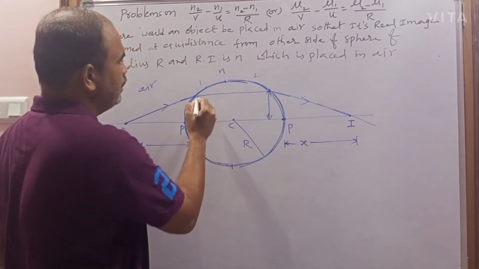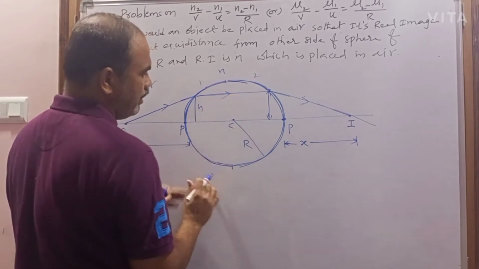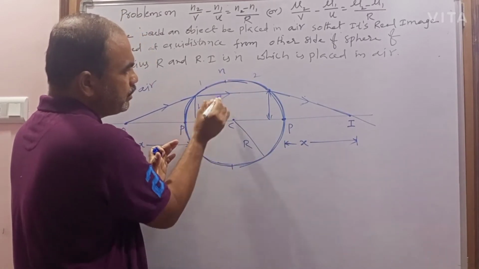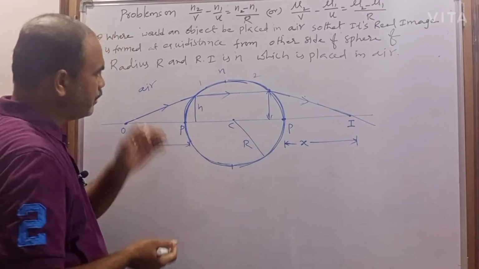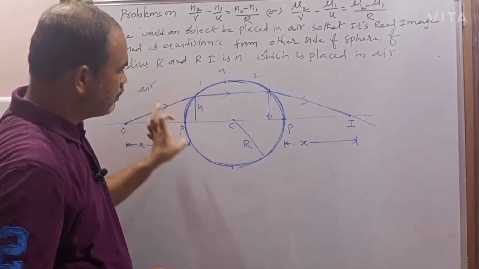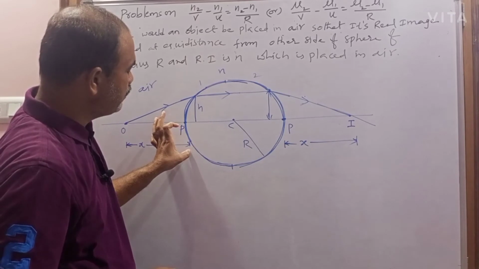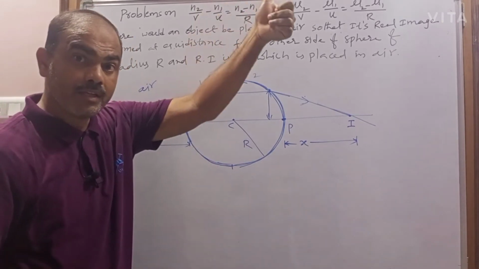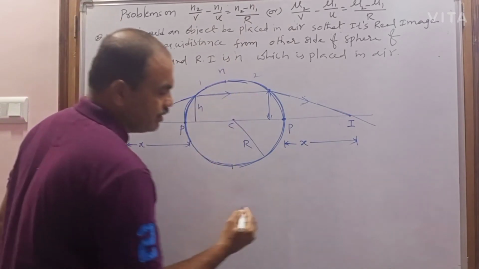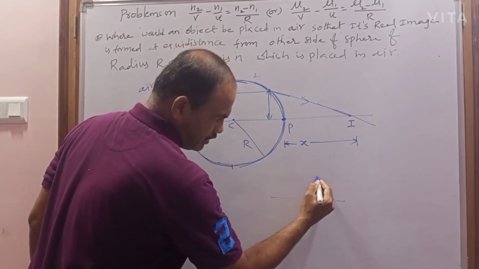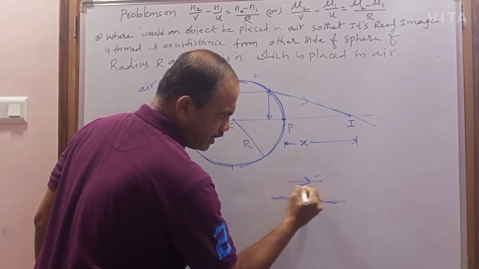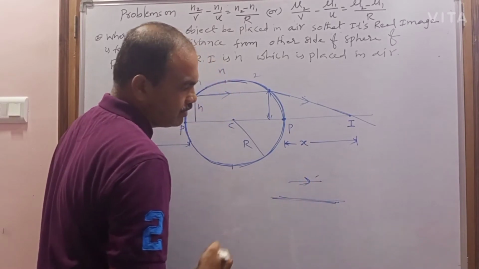So the refracted ray which is traveling in the sphere, how is it? It is parallel to the principal axis. And this is the first curved surface. When this first curved surface forms the image of this object, where? At infinity. So parallel ray means, if the incident ray is parallel to the principal axis, what is the meaning? This is the principal axis. If the incident ray is parallel to the principal axis, what is the meaning?